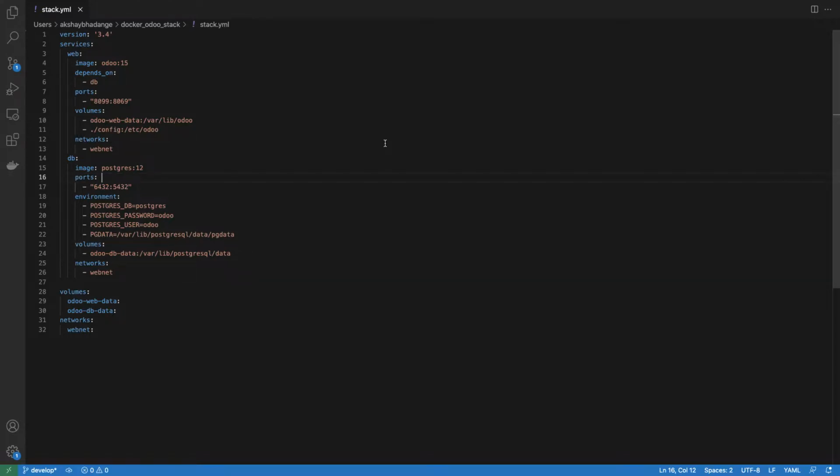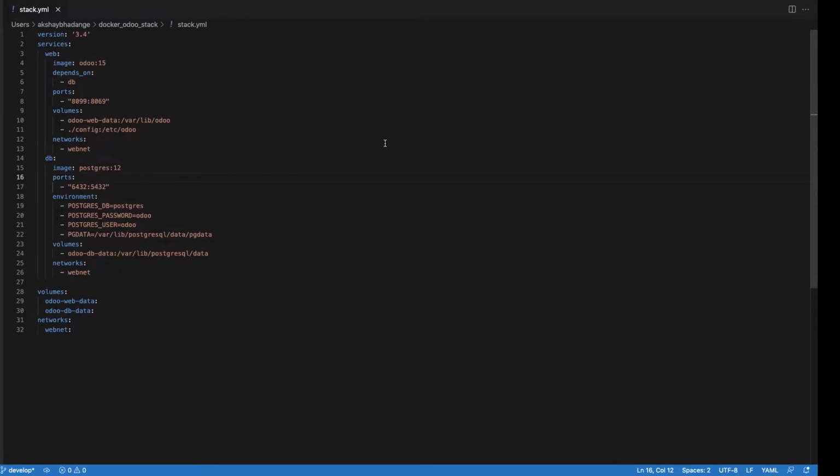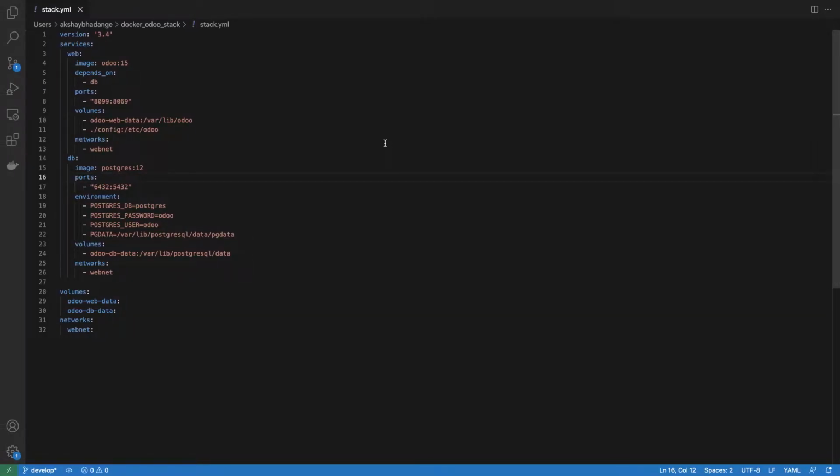Before we jump into the YML file or the actual implementation, I'll tell you the setup I did while recording this video. While recording, Odoo 15 was the latest image, so I pulled an Odoo 15 image using the command docker pull odoo:15. Docker pull will pull your image from the Docker Hub repository.